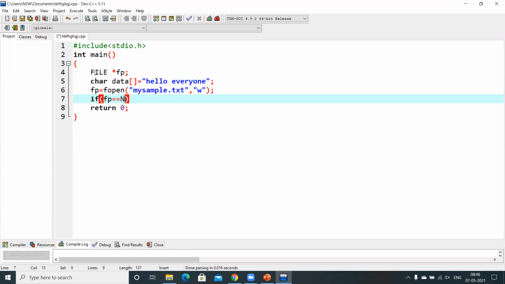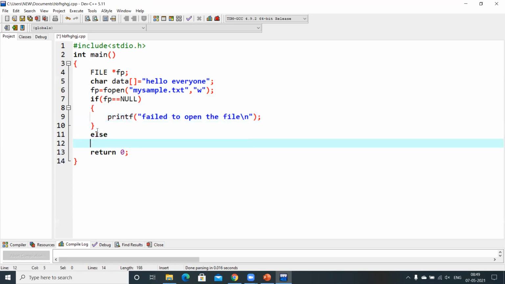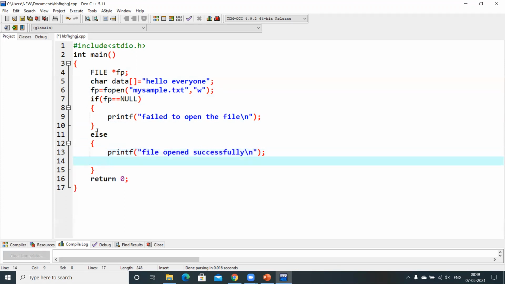If fp equal to NULL, which means what? There's a problem with opening the file, right? So let me write the message as "fail to open the file\n", and if opening has been successful, let me write it here. Else, right? Else I need to write a message as "file opened successfully". Okay, the file has been opened successfully, and then once the file has been opened, I need to write the